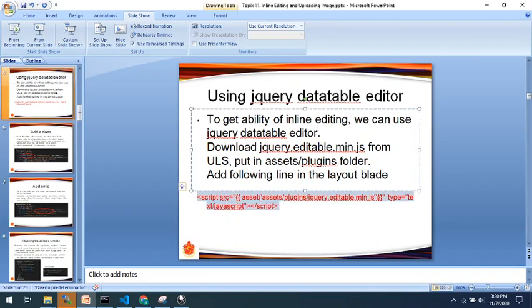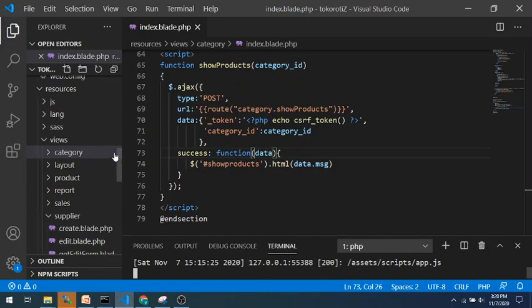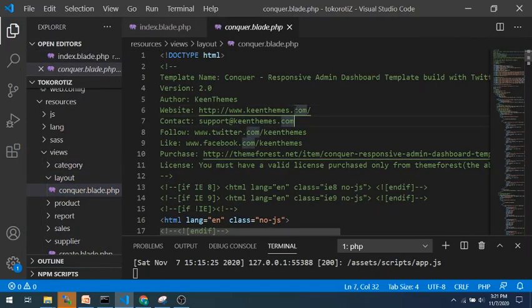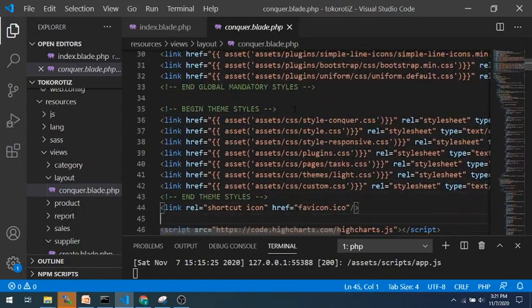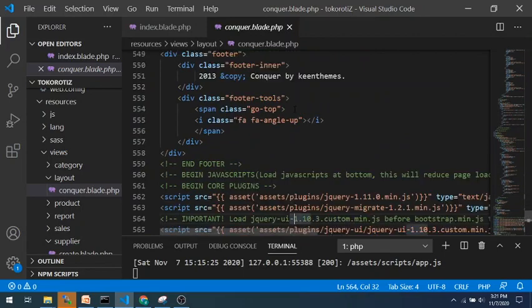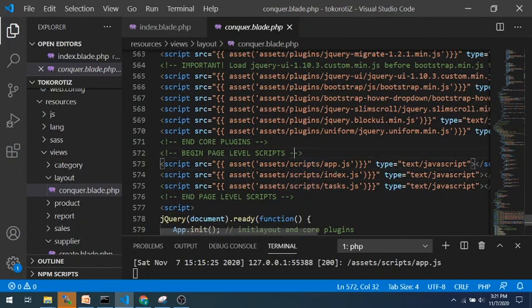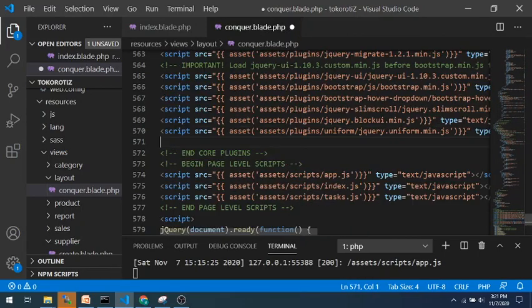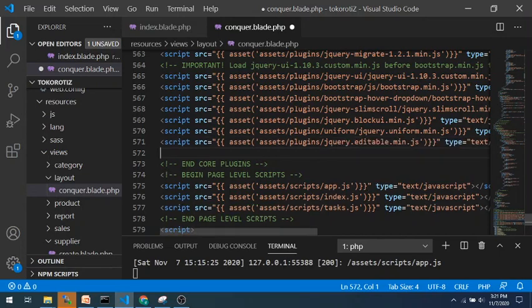Open the layout plate. Okay. Put it to this one, along with another script, jQuery editable. Save. And then